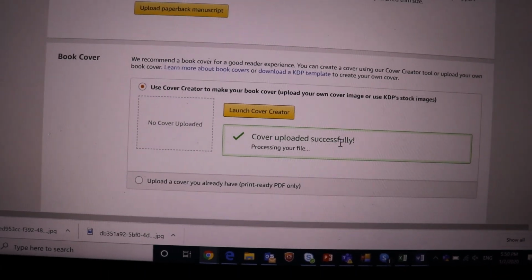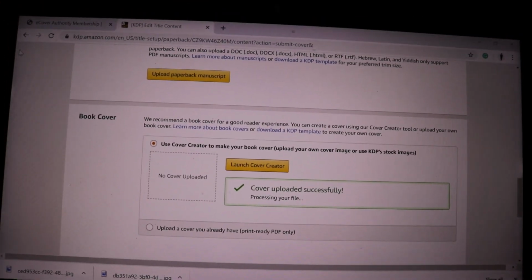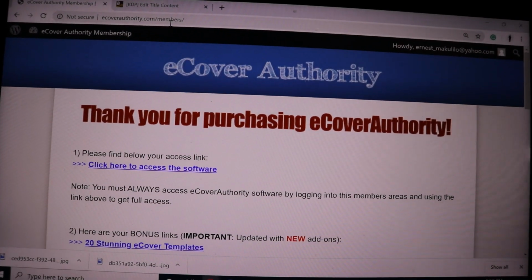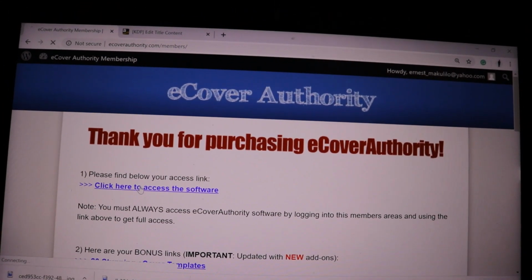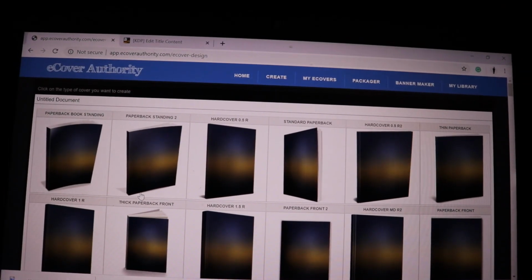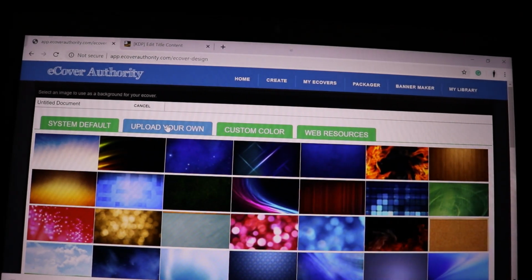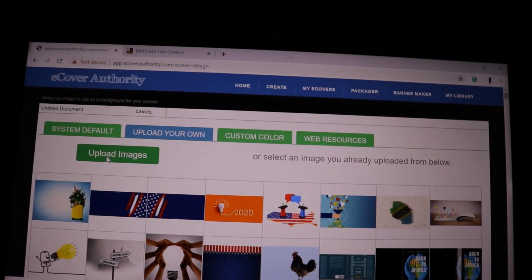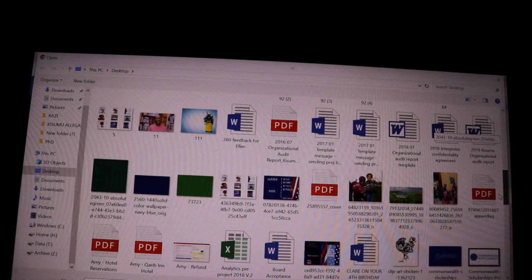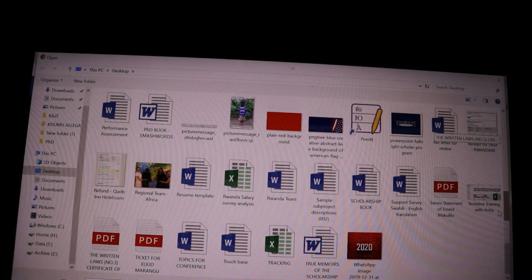Usually on my end, I have another app, another program, which I will cover in a separate video, called ecoverauthority.com. eCover Authority is what I usually use to make 3D book covers. It just gives a look, so when I want to, I'm uploading, I'll just talk about this one in a separate video. But I just want to show that when I usually make the book cover, I end up coming to make the